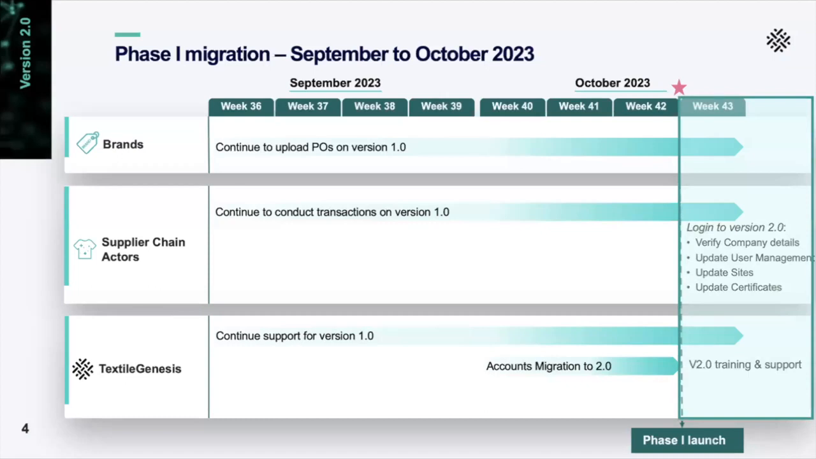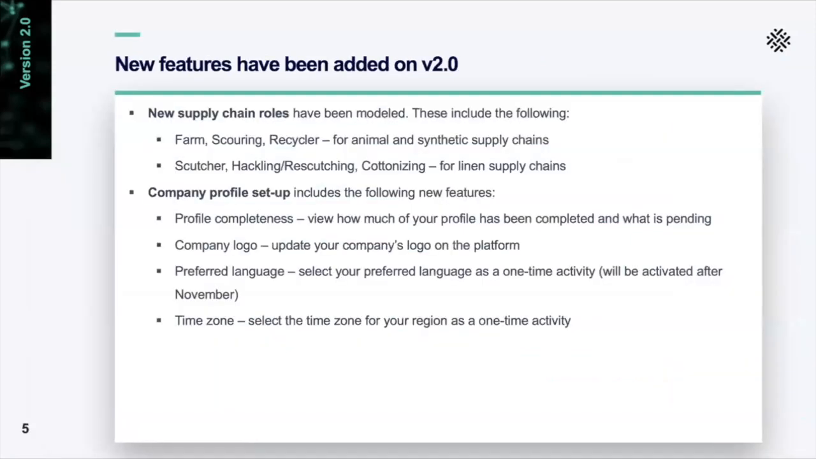So what do we mean when we talk about the phase one migration? So I'm going to just cover a few aspects of what to expect in the new version before I hand it to my colleague to take you through the live system itself. So the first thing is there have been a lot of new features that have been added on version 2.0. Firstly, there's new supply chain roles that have been modeled. So these include farm, scouring, and recycling for animal and synthetic supply chains. We also have linen supply chain that's modeled. So we have sketching, hackling, and resketching, and cottonizing as new supply chain roles that would be available in the